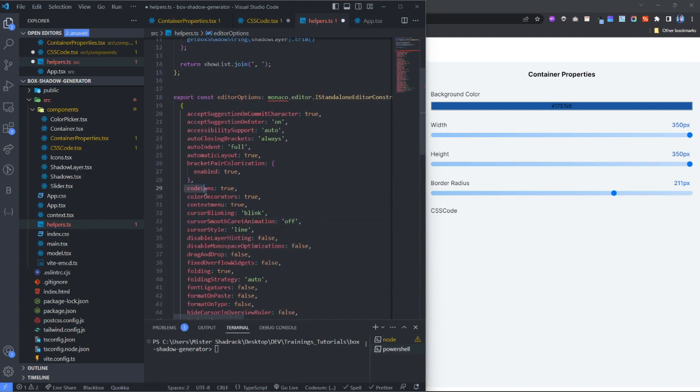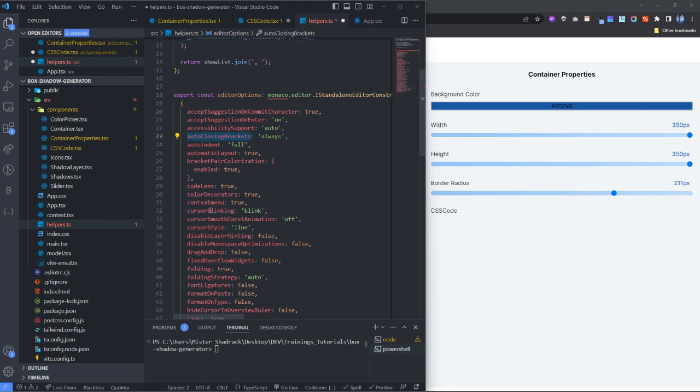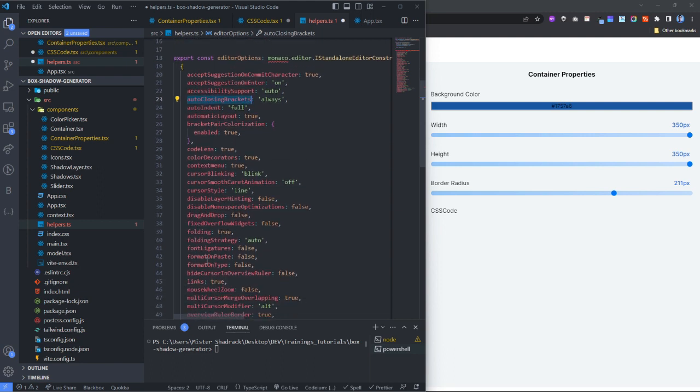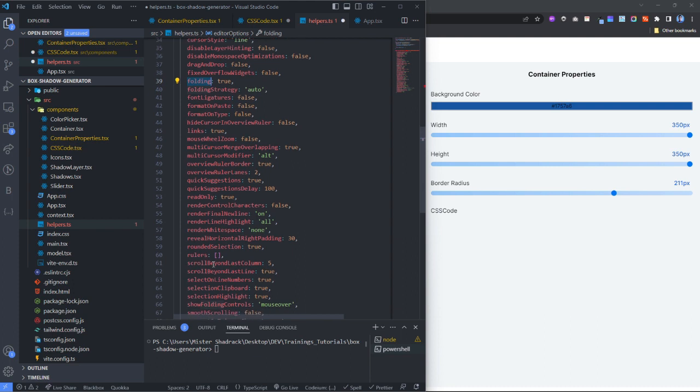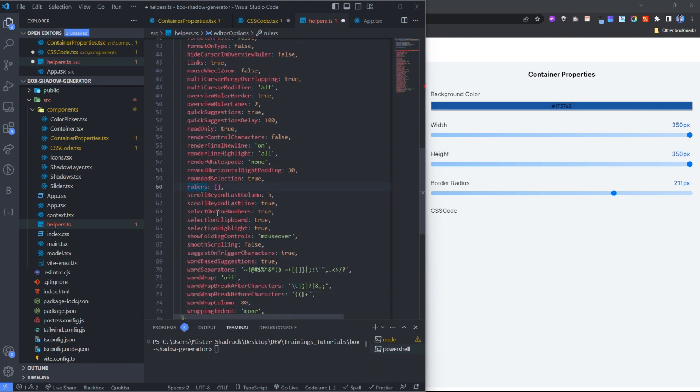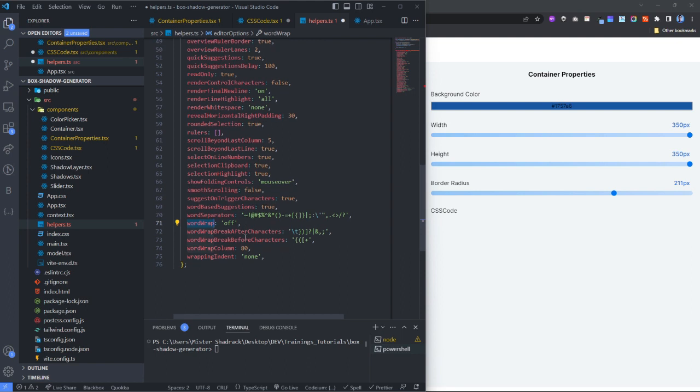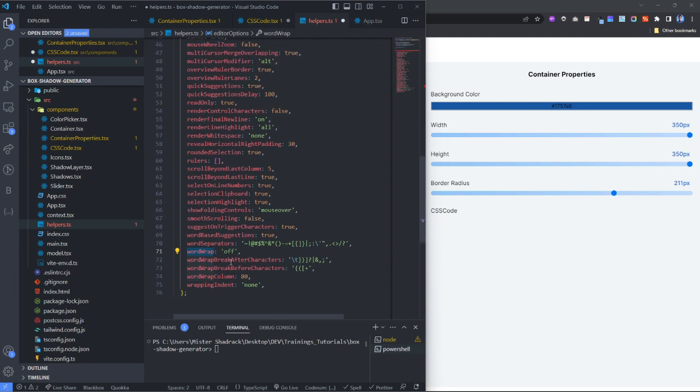But yeah, so these are all options you can actually modify. So for example, if you want to enable the line numbers, you can actually set it to true. Things like auto indent, auto closing brackets, format on paste options, if you want to enable, you can set it to true. Folding, you can set it to true so that you can actually enable these features. Things like rulers, word wrap, and the one